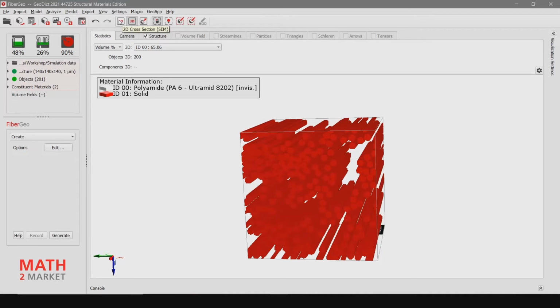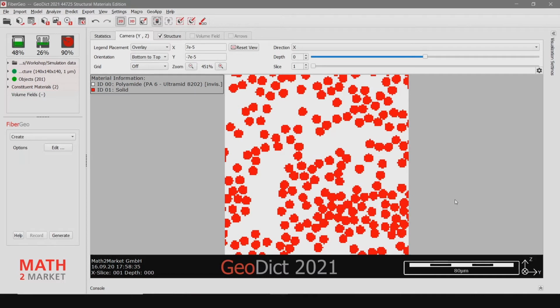So click on 2D here at the top. And then you can slice through the structure by turning your mouse wheel. You do not see any change, but look at the slice controller up here. You will see that it moves. The fact that you do not see any change to the fibers means that the fibers are really perfectly straight in X direction. Okay, so you can slide through it and then go back to the 3D view.